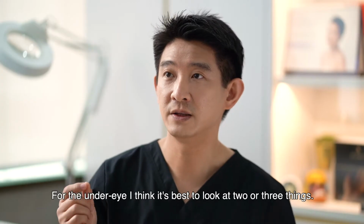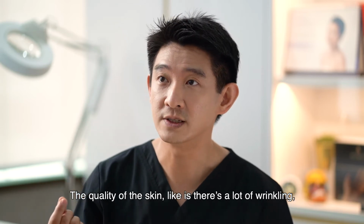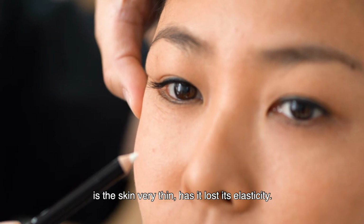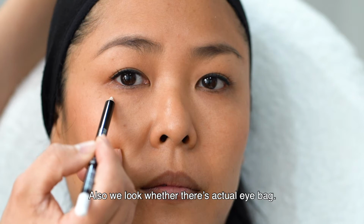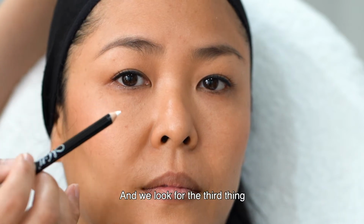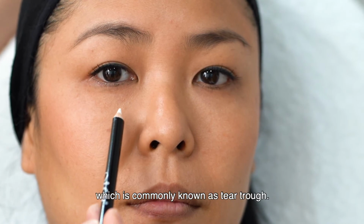For the under eye, I think it's best to look at 2 or 3 things. The quality of the skin, like is there a lot of wrinkling, is the skin very thin, has it lost its elasticity? Also, we look at whether there's an actual eye bag. An actual eye bag is a bulge of fat underneath the eye. And we look for the third thing, which is is there any hollowness underneath the eye bag, which is commonly known